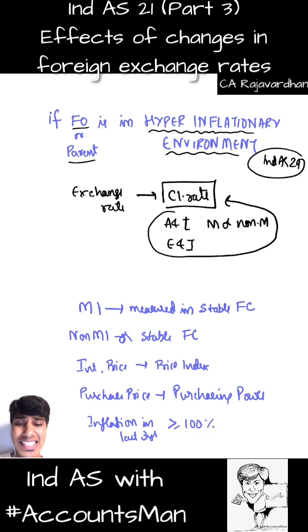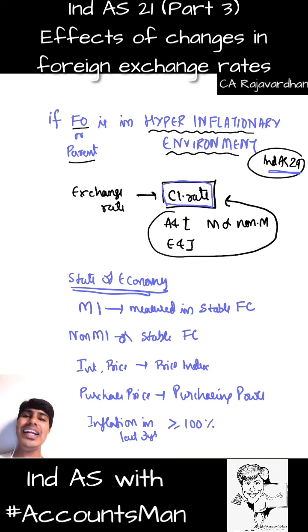You get that? So if this is the state of the economy of a country, then that country is supposed to be in a hyperinflationary environment. If we are converting any foreign operation or parent company which is in a hyperinflationary economy to presentation currency or to functional currency, then for the conversion we will not apply average rate or date of transaction rate or anything. We'll always go by closing rate. This is given in our Ind AS 29, which is right now not part of our CA Final syllabus, but it is good to know to the extent it's applicable in other standards.